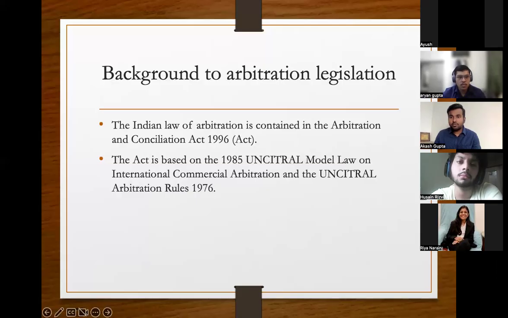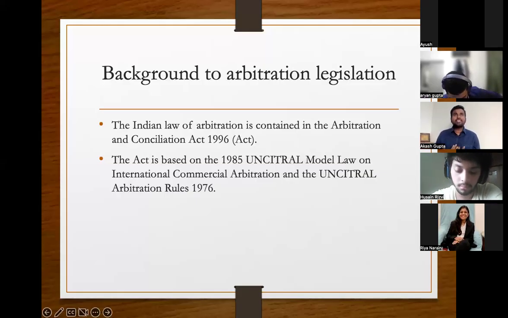To understand seat, let's understand this with an example. I see two of you, Hussain and Unnati, on the session. So let's say Hussain is one party, Unnati is another party. You two have a contract with respect to sale of iPhone 16. Now you decide that if we have a dispute, we'll not go for litigation, and we'll go for arbitration in Singapore. And you say seat will be Singapore. What do we mean by seat will be Singapore? It means that the national arbitration law of Singapore will be applicable to our arbitration.